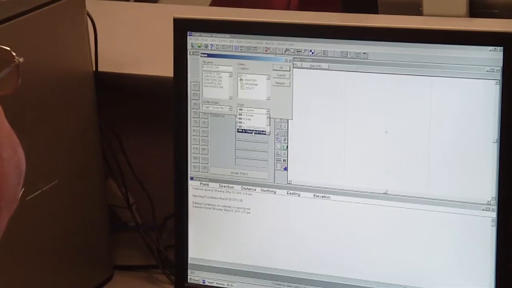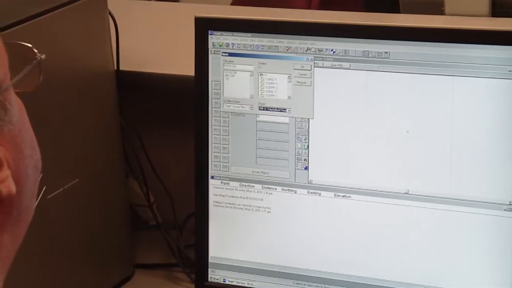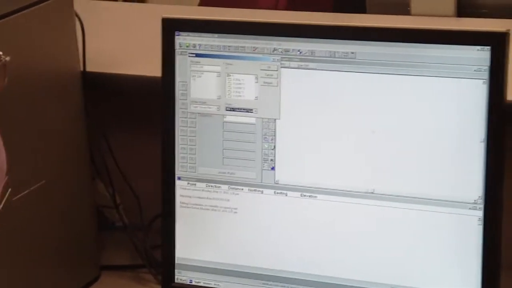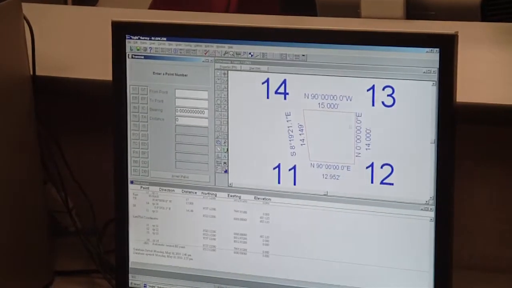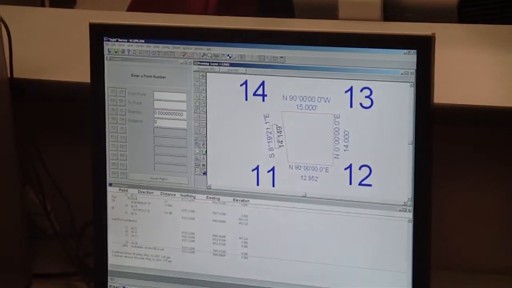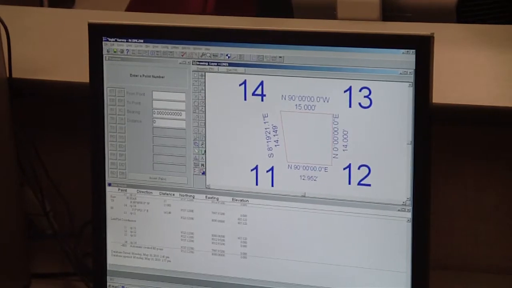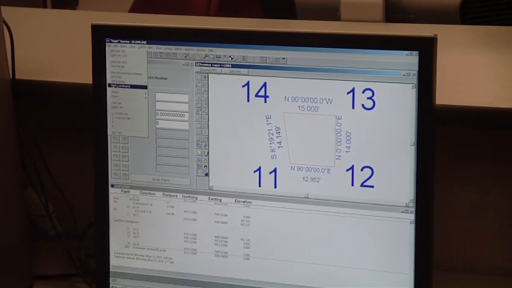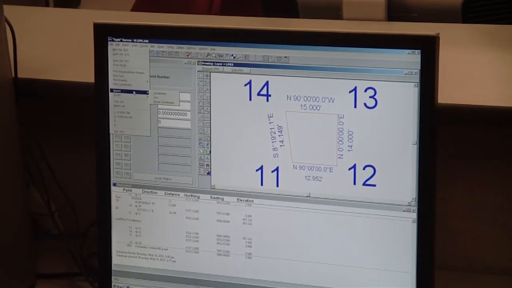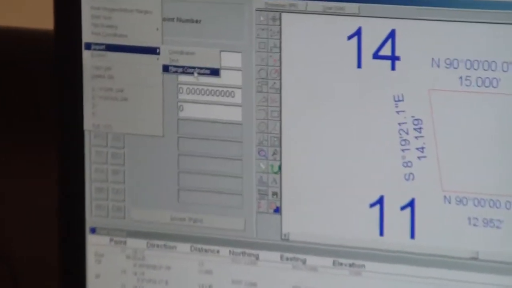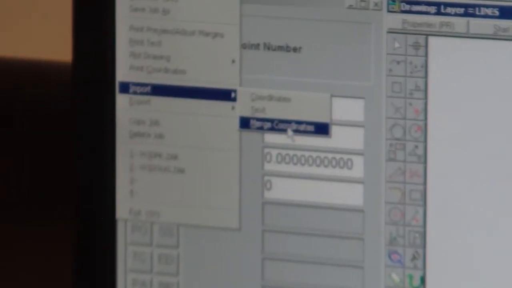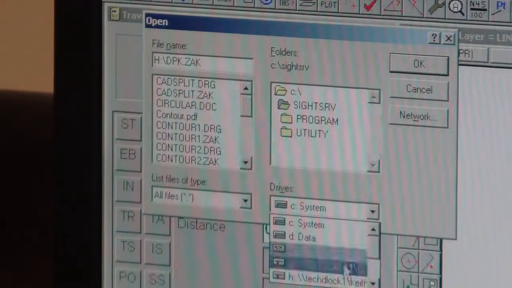So now I'm going to open my project file, DPK. There's my traverse. Now then, I want to go to File, Import, and this time instead of import coordinates, we need to go merge coordinates. So I'm going to merge, go back to the H,